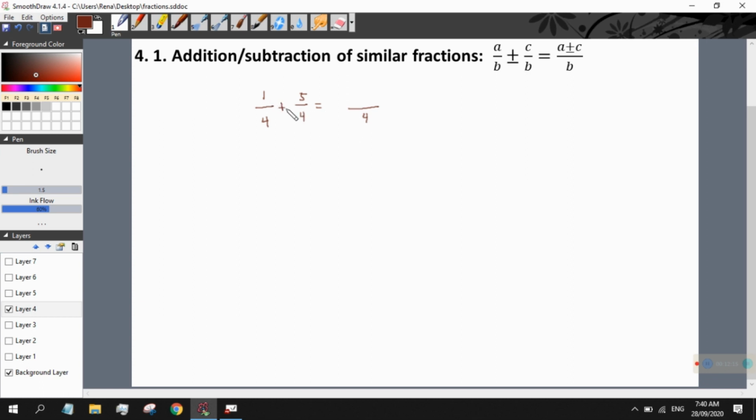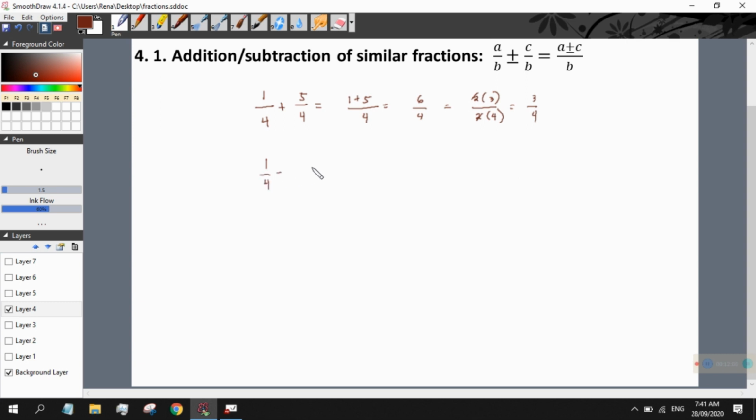Then perform addition, since the operation here is addition, on the numerator. So we have 1 plus 5. We are going to end up with 6 over 4. Dito na mag-a-apply yung ibang mga rules that we have discussed earlier. For example, yung si generating equivalent fractions. For here, since 6 and 4 still has a common factor inside them, you are going to reduce it to its simplest form or lowest terms. We have 2 divided by 2 is 1, so you will be left with 3 and 4. Also,